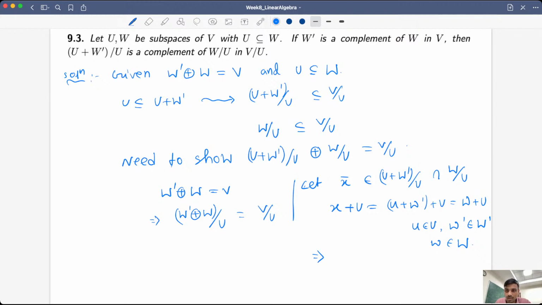But from here, if these two classes are the same, then by the equivalence, two things are the same if and only if u plus w prime minus w belongs to U. So u plus w prime minus w belongs to U. And I know U is a subset of W, as a subspace of W. So this means that,